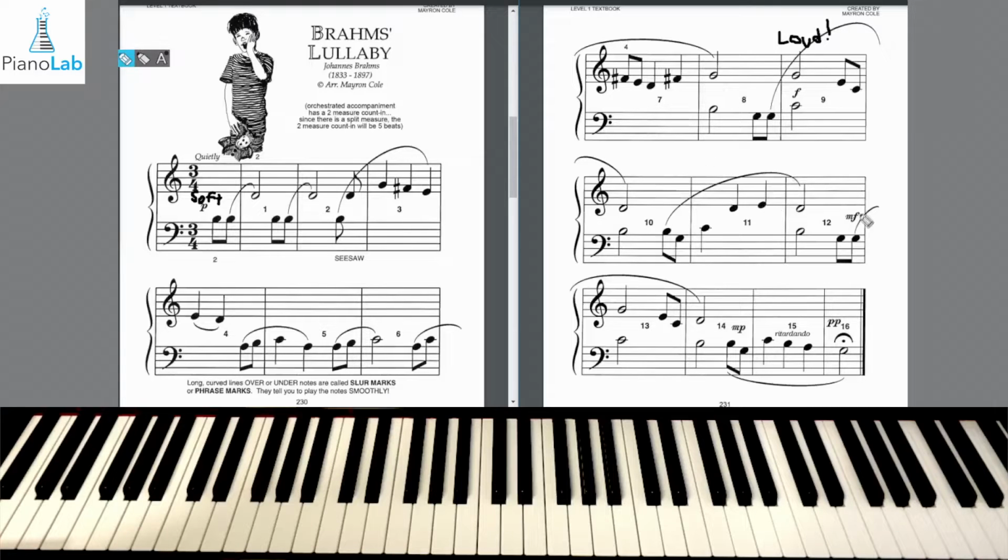And hey, right here at the end of measure 12, it wants us to start mezzo forte, which is a medium loud. I'll put M loud here so you know that. And then in measure 14, we have our mezzo piano. So remember, that's a medium piano, medium soft. And then we have two P's at the end. This one is pianissimo, which means very soft or very quiet. Very soft. Okay, so there's all of our dynamic markings in the song. And now let's take a look at some of these slurs.